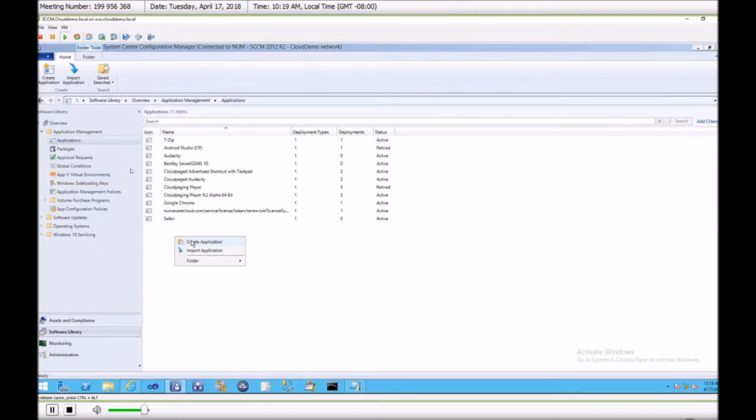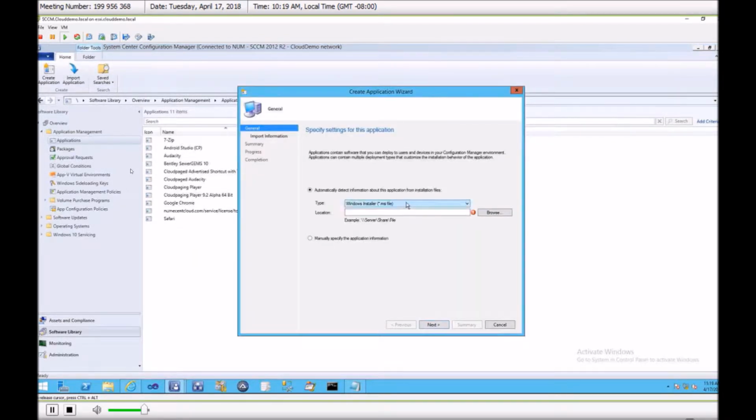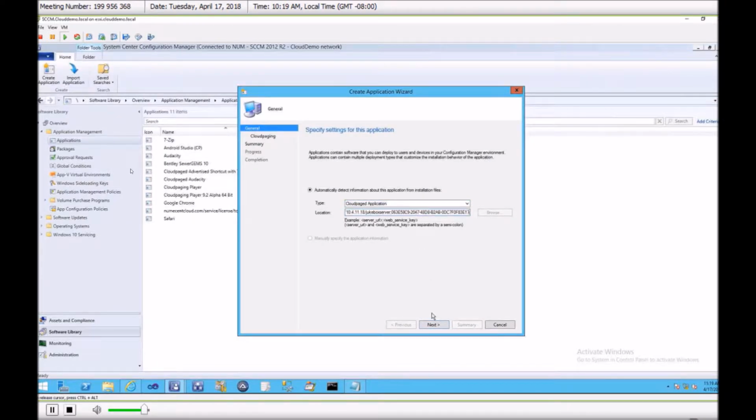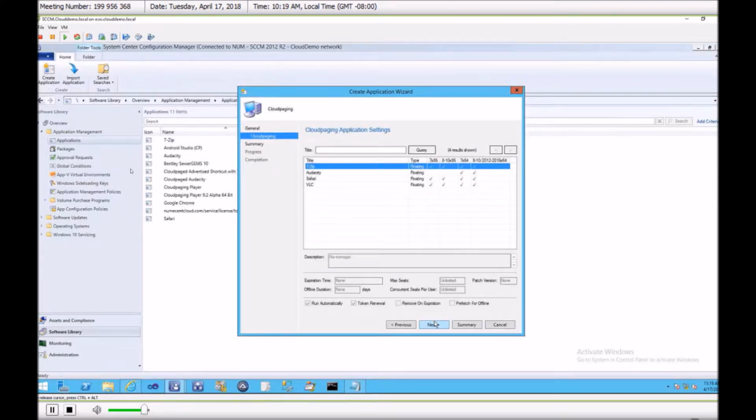a standard SCCM workflow. So I go in here, I say create application, and this drop-down has all the typical things you would expect. We now have a cloud-paged application option. And to get this option, you do have to run an installer on your SCCM server, which installs this option for you. Once you select that, you need to input the location and web service key for your cloud paging server. And then it's going to bring up a list of all the cloud-paged applications that are available on that